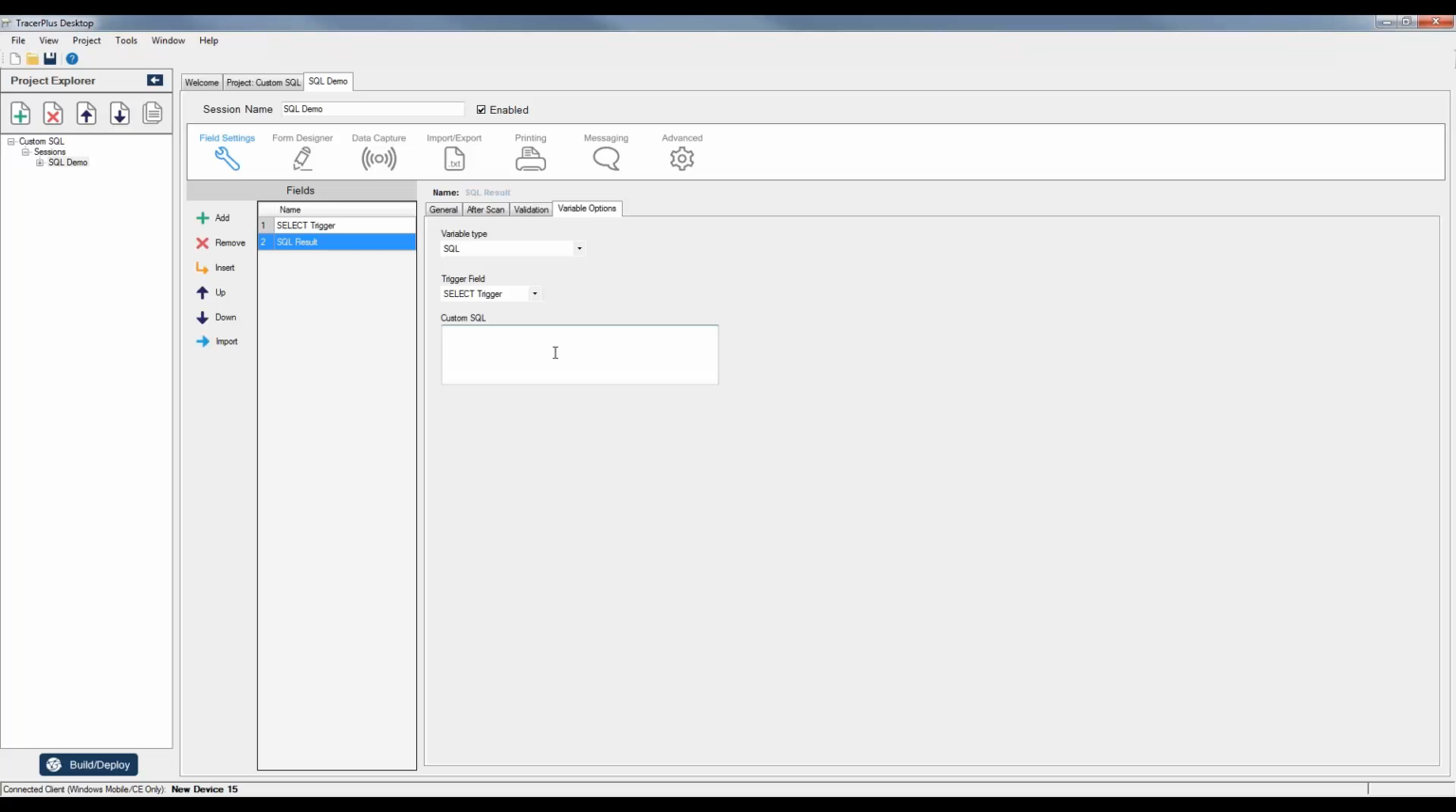So what I'm going to do here is just write a very simple select query that'll select field 2's data and place it into field 2, the SQL result field, based on the value that I enter into this select trigger field. So let me start doing that. I'm going to write a select field 2. You can see I went by the field name there, not the field name you see in TracerPlus Desktop here. So I'm going to say select field 2 from session 1,